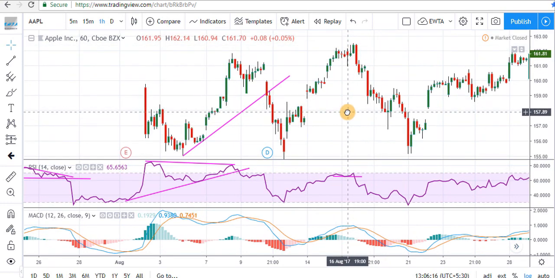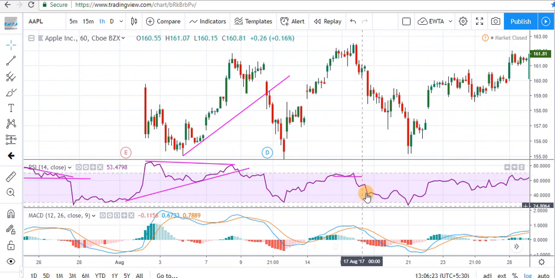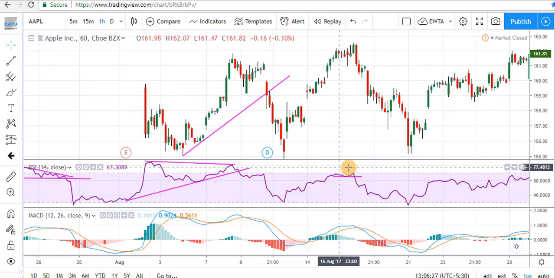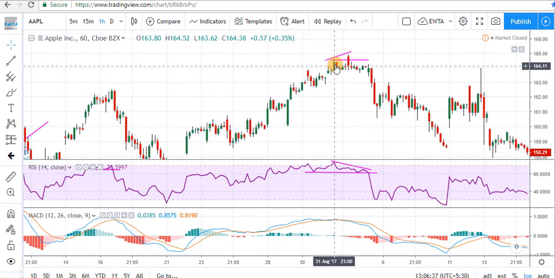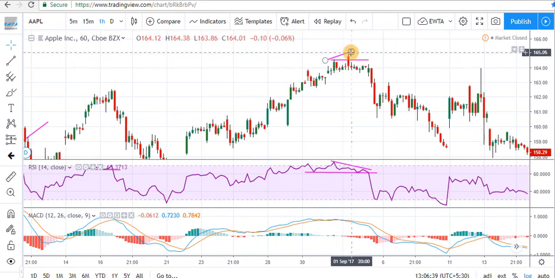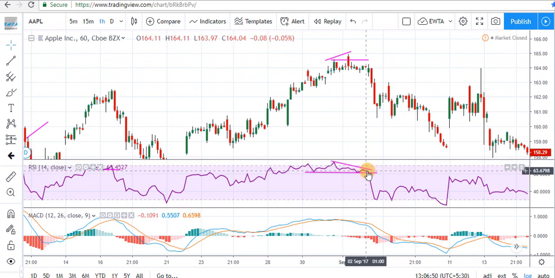Now these two peaks are giving us a bearish divergence because peaks of prices are going in upward direction, but in this case both the peaks are in shaded region, they are not in overbought range, so it is very risky to trade these types of divergence. Then see, prices are going in upward direction. These two peaks are giving us a bearish divergence because RSI peaks are going in downward direction.